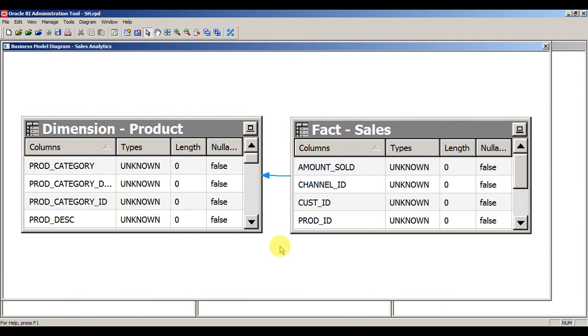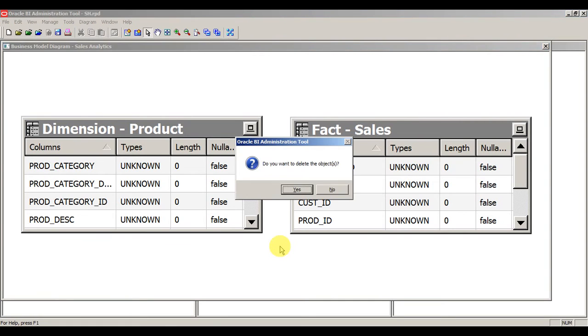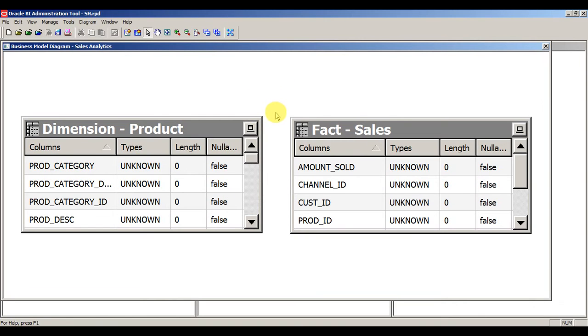But if you manually pull the tables to the BMM layer, then you have to set a relationship. So for now I am deleting the join. You can use the same join which is present here, but when you use it in the BMM layer you will call it a logical join. When you use it in the physical layer you will call it a physical join. So give a relationship between the fact and the product.